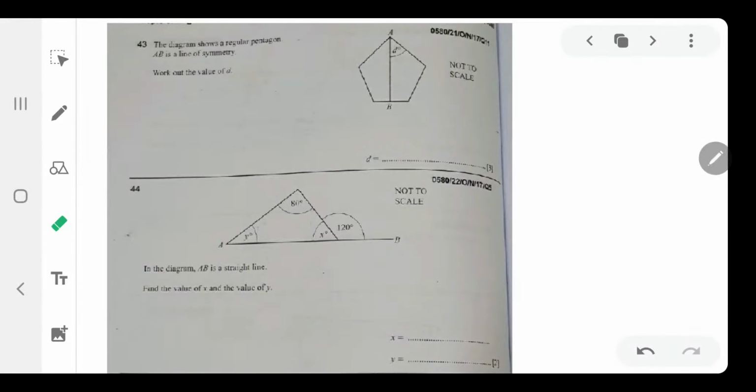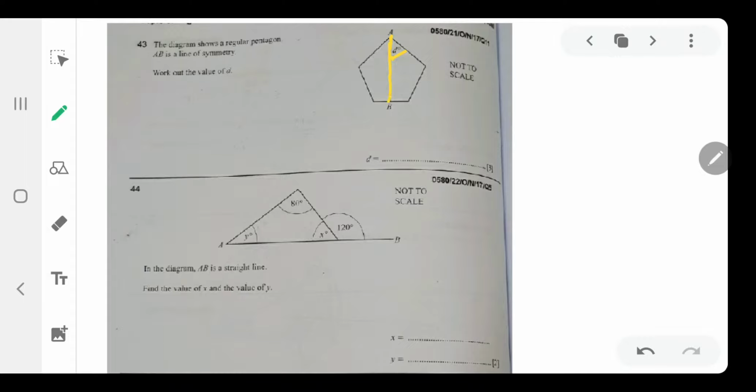In this past paper question, we are given a regular pentagon and we are asked to find out the value of d. This is the value of d and we have a regular pentagon. Pentagon means all its sides and angles are equal. We have to find out the value of d. Now this line